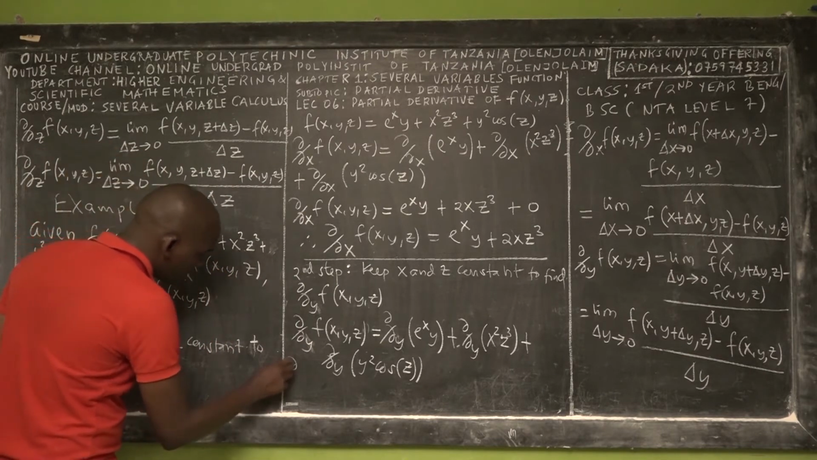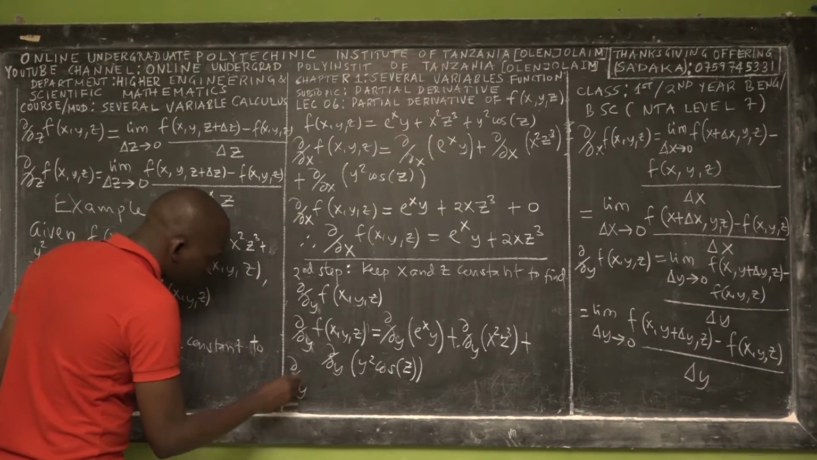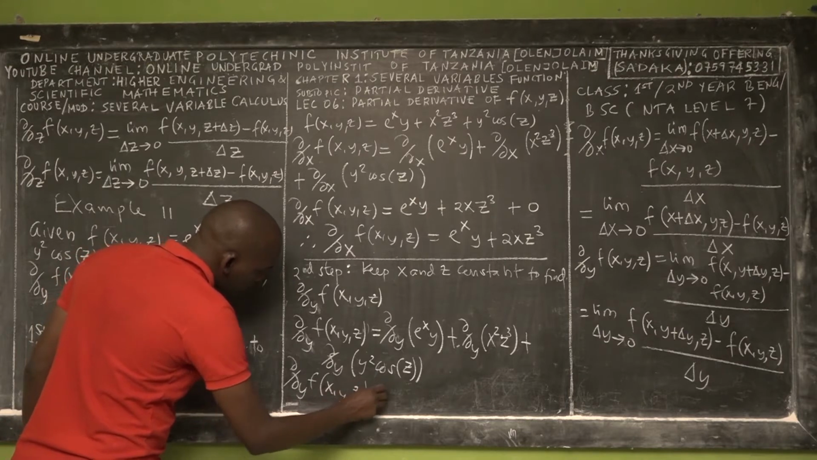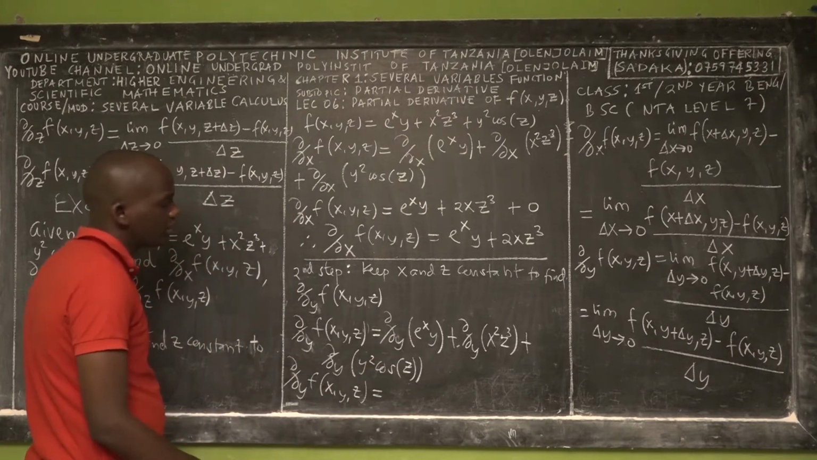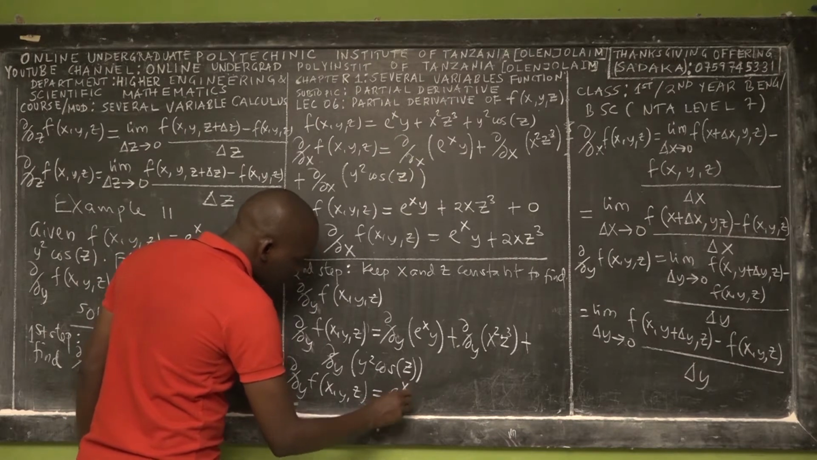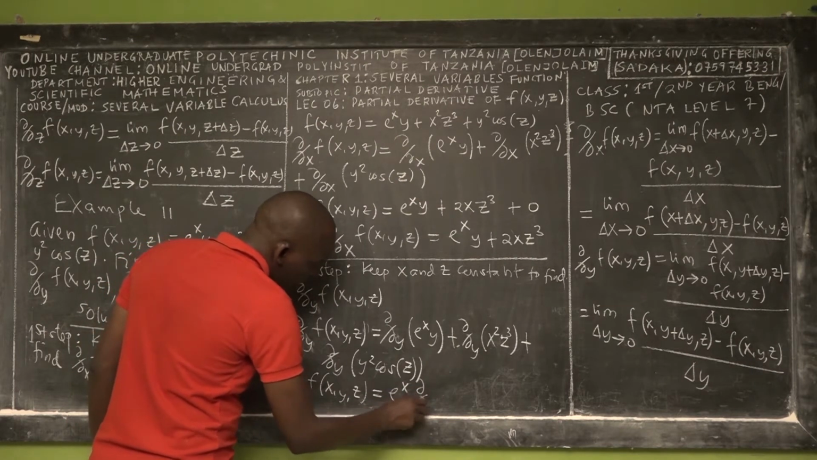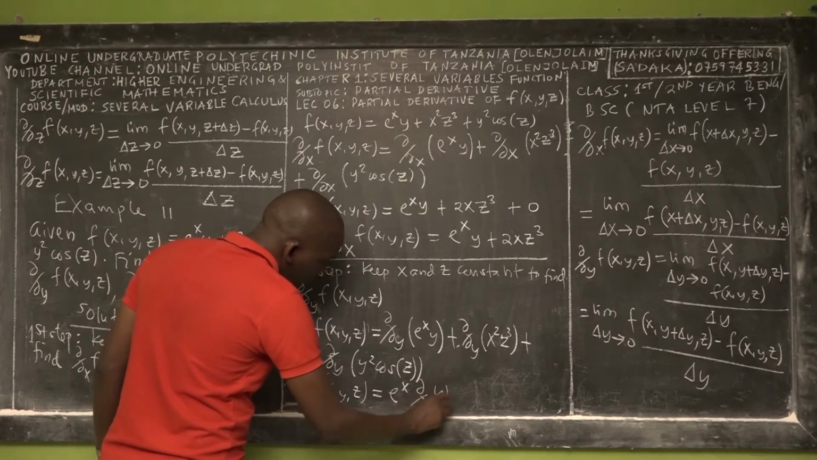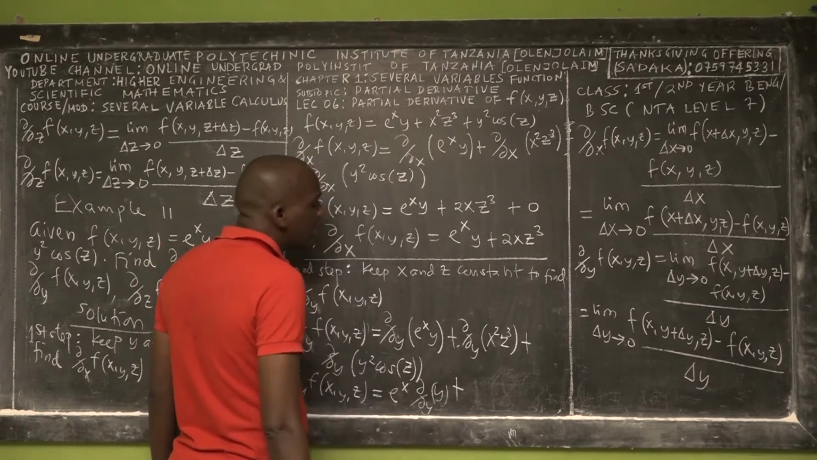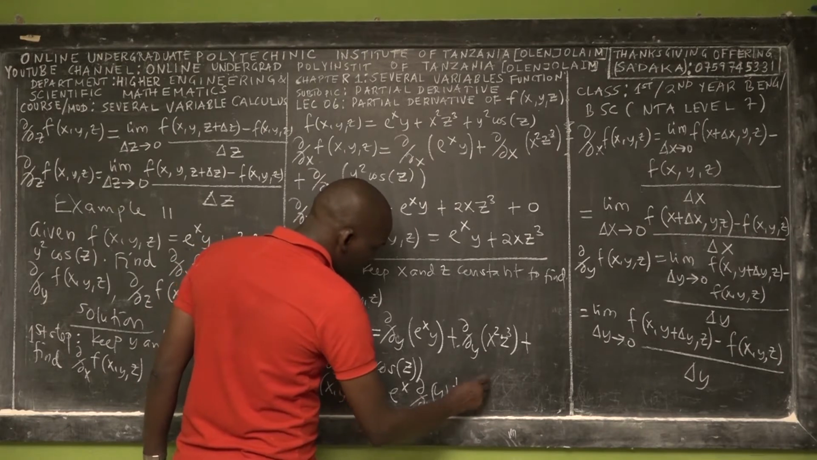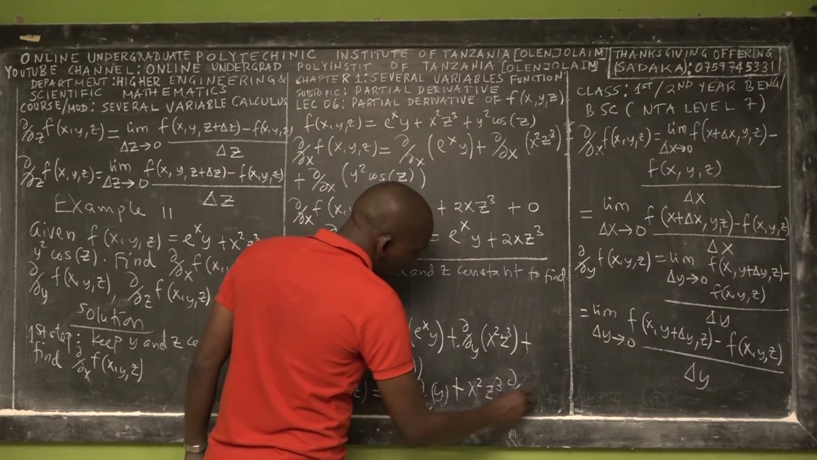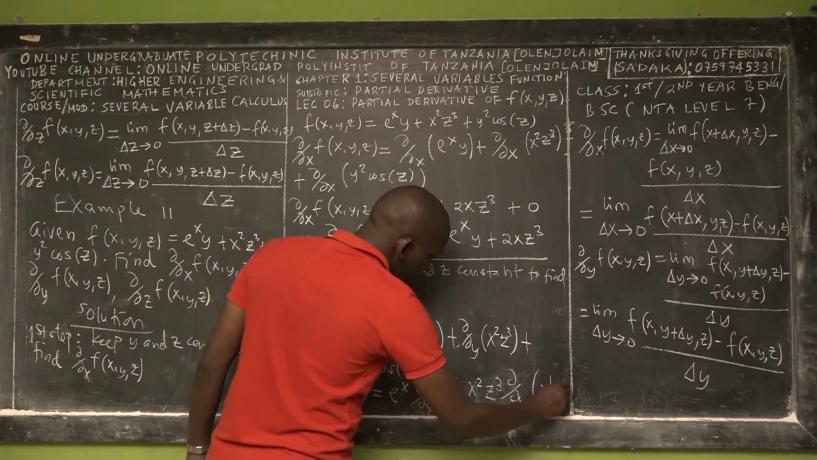So then we say that this is the partial derivative with respect to y of f of x, y, z is equal to what? To differentiate this one with respect to y, we get e to the x y, then the partial derivative of the exponent with respect to y. Then plus what? So here we have x squared z cubed, and the partial derivative with respect to y of that constant, which is equal to 0, plus